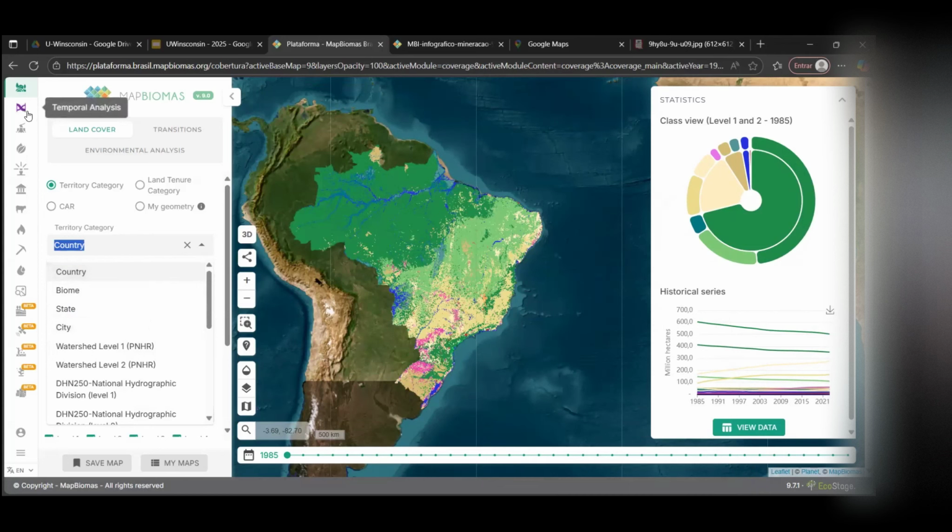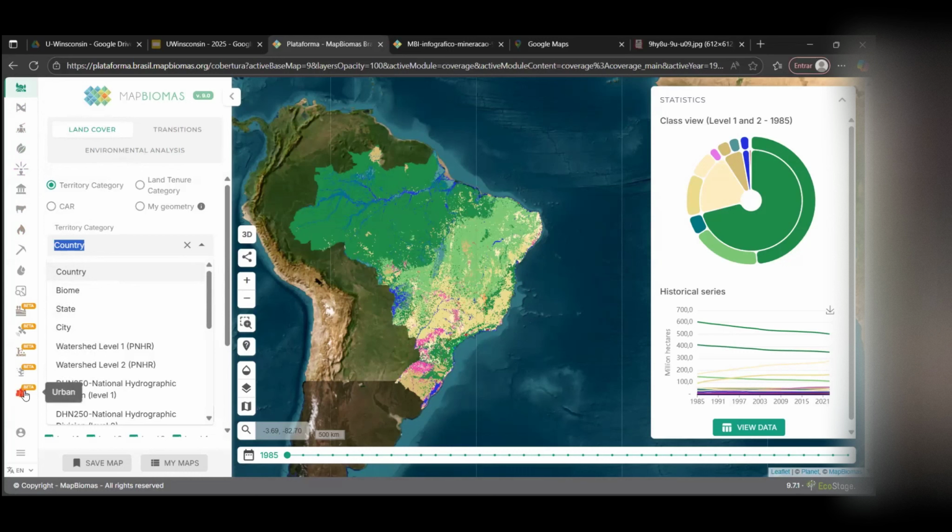So if you look at the left part of the system here, there are a lot of small icons. So temporal analysis, deforestation, secondary vegetation, pasture lands, fire. We map all the fires that occurred over time in Brazil. So how many times, I love this number. So for example, in Brazil, 20% of all the Brazilian pixels, or all the Brazilian area, burned at least one time in the last 20 years. That's the kind of numbers that you can get from this.